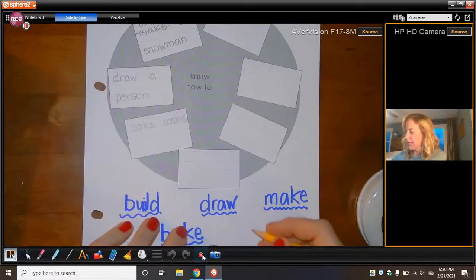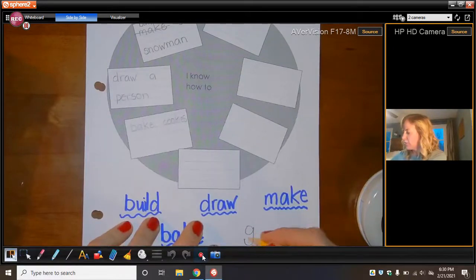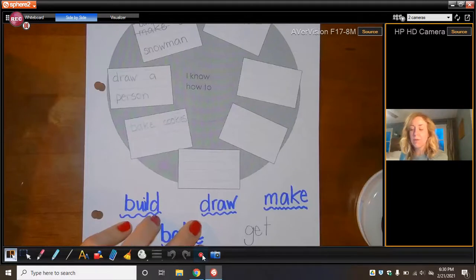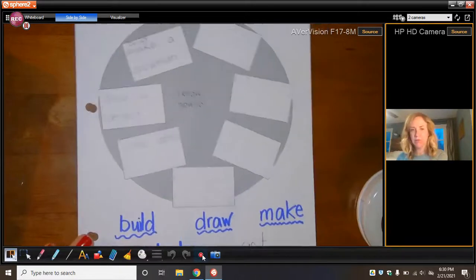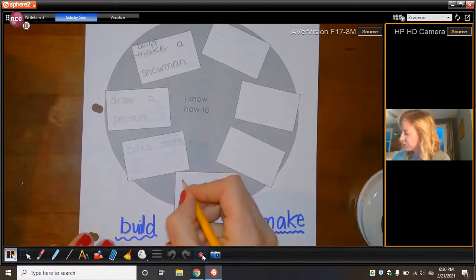Now, this is kind of tricky, get. If I said I know how to get ice cream, well, I know how to do that too. But there's not really any steps to it. You go to the store and you get it, right? But what about get ready to play out in the snow? Well, yeah. You know, that wasn't one of my original verbs, but I can do that. I know how to get